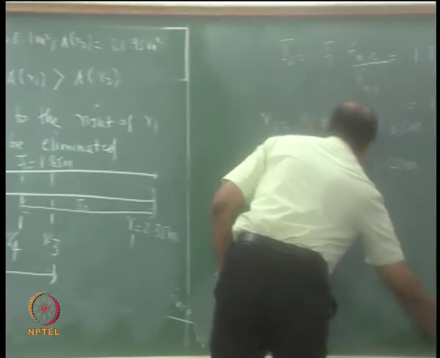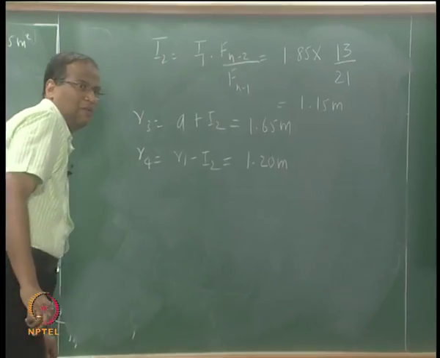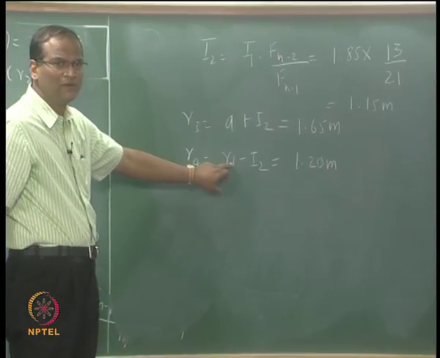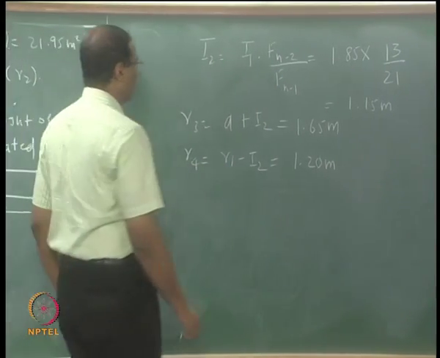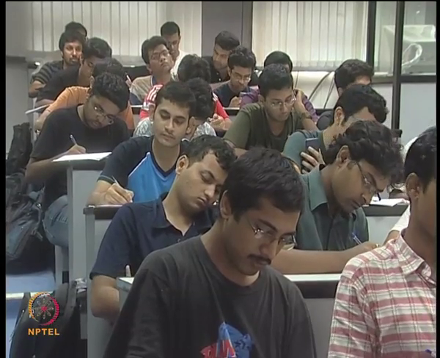No, sorry, this is correct, no? A plus I, this is correct, R1 minus I2 is correct, okay. So now R3 is equal to R2, right? Is that correct? R3 is equal to R2. So that point we already know.